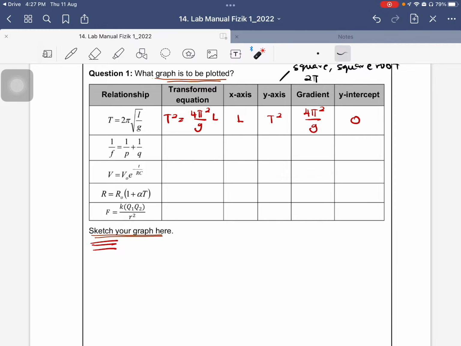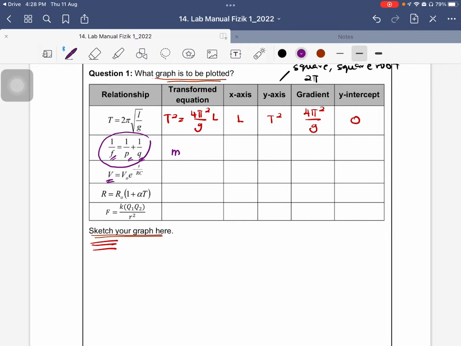You can have the y-axis as 1 over p or 1 over something else, depending on what the manipulated value is. You can have ln or log, right? And here you will have the y-axis as 1 over r square. It depends on the equation. Okay, I will tell you the units. This one is the equation for length. f, p, and q will have the unit meter.